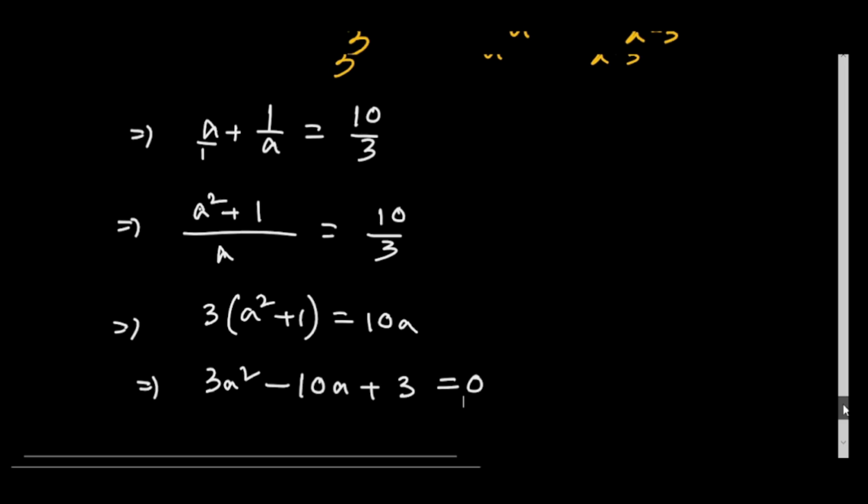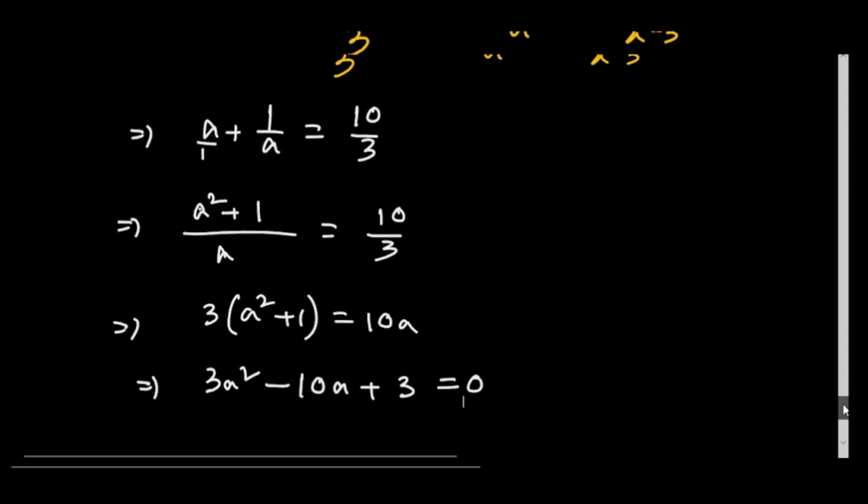If I take a minus 3 equals to 0, that means I am getting a equals to 3, right? A equals to 3 means the value of a, which is (x minus 3) by 3, equals 3, right? So that means x minus 3 equals 3 into 3, 9. So x will become 9 plus 3, 12. This is the first part.